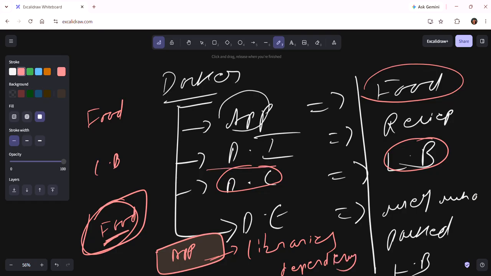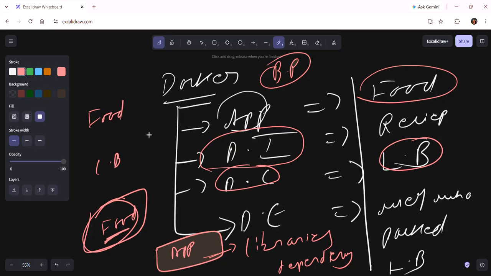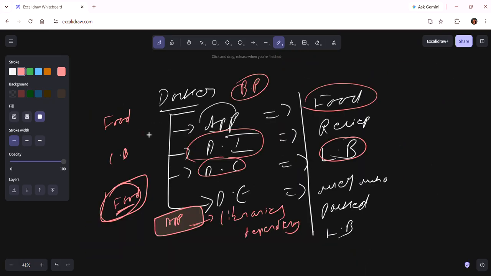Now, the Docker image is nothing but a blueprint. It is a blueprint of your application. So what is Docker image? Blueprint of your recipe plus food. Sorry, lunchbox plus food.